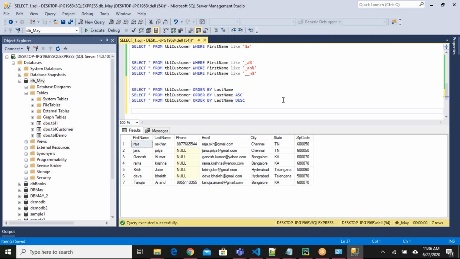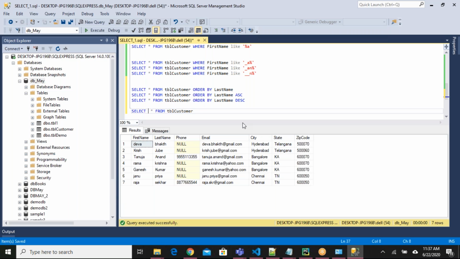Okay, this is my data. Here I have only 7 records, but in real time, you may have maybe 1 lakh records or something. If you are new to this application or database, you want to see some sample data, how they are inserting data, or what type of data they are inserting. So you want to see some sample of the data instead of all 1 lakh records.